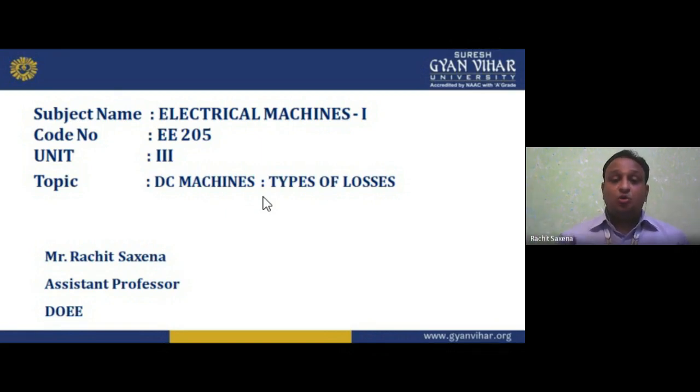But if I am talking about rotating electrical machines one, it means I am talking about the DC machines. DC machines are of two types: motor and generator. Conversion from electrical to mechanical is a motor. Vice versa, conversion from mechanical to electrical is a generator. We are not using those generators nowadays, because if we want to convert AC into DC, we can directly convert with the help of rectifiers.